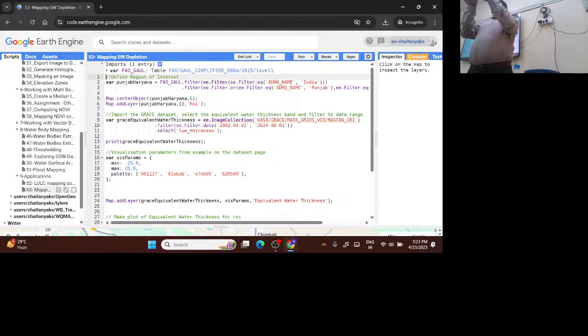If there is a greater anomaly, the distance between these satellites, I don't know the actual mechanism, but there will be some variation and you can get a trend of change in the terrestrial water